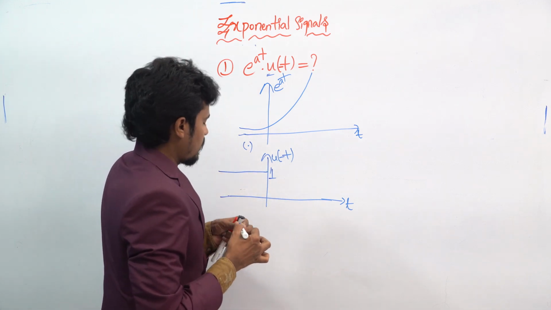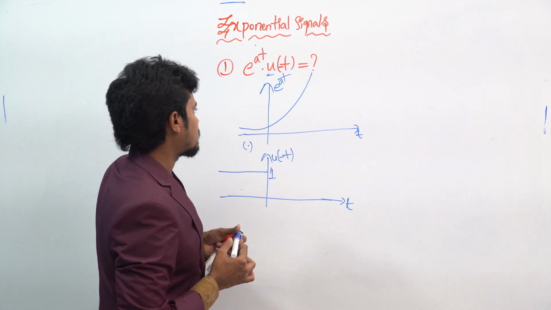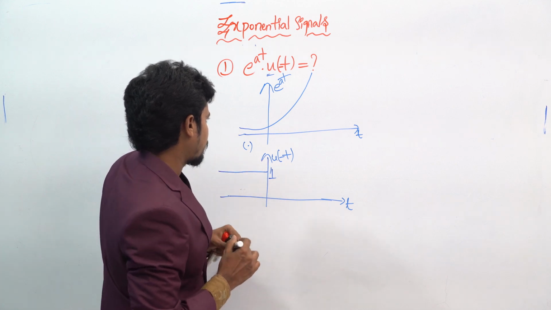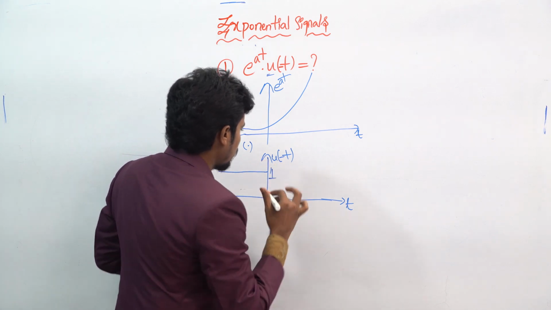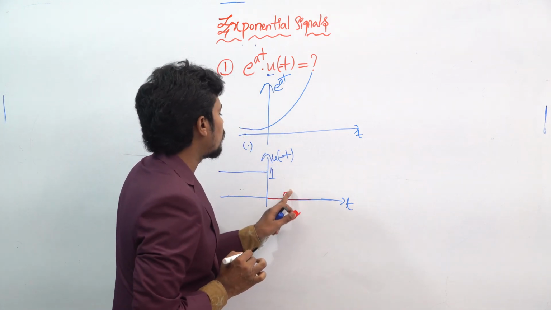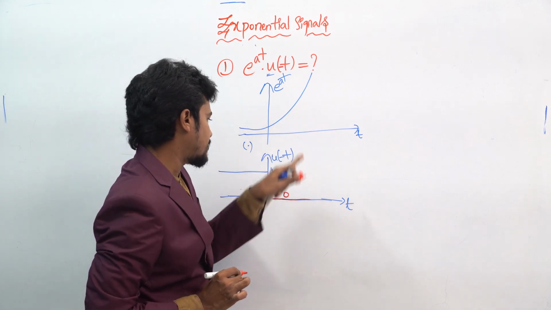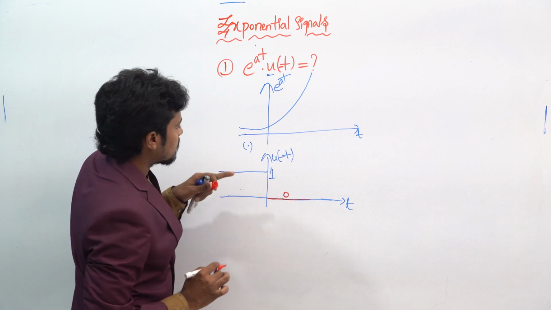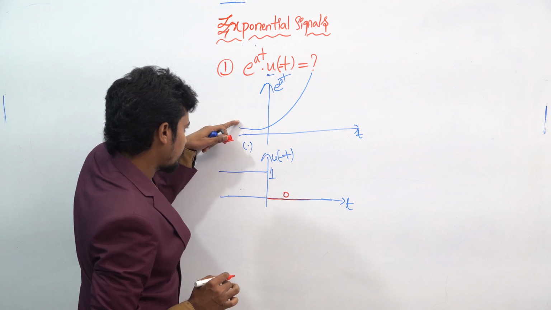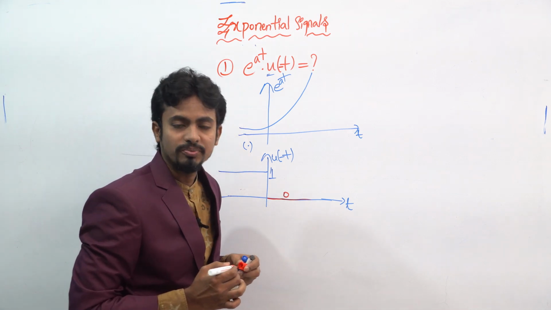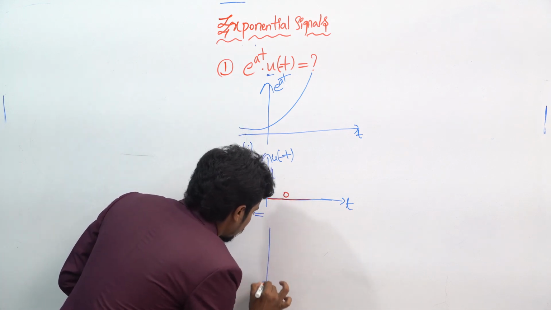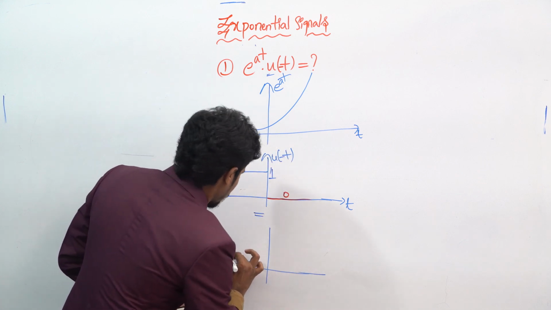So similarly, if you multiply this, what will happen? Here e power at into u of minus t. Here you can observe there will be no signal present here. This will be 0. 0 into anything, what will you get? You will get 0. Here, whatever signal of e power at into u of minus t is present, that will be reflected back in the output. Here, the output will be this.